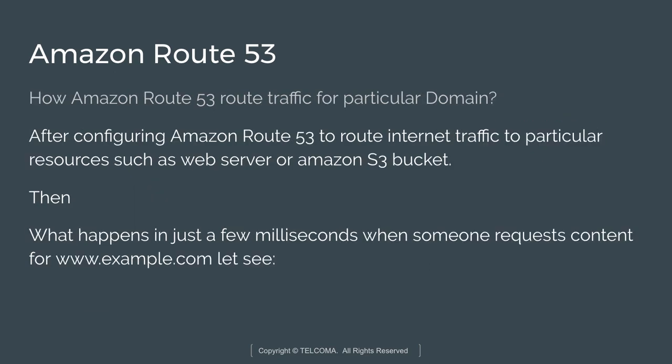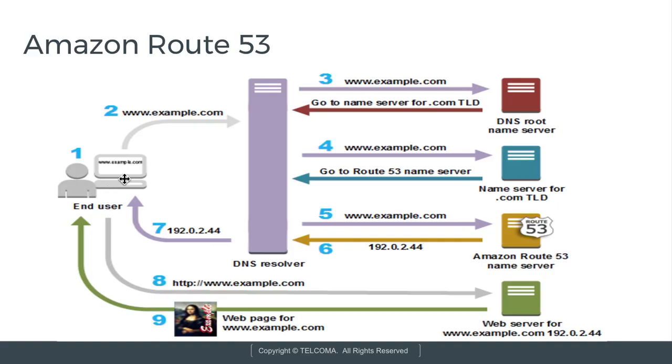So, how does it route traffic? After configuring Amazon Route 53 to route internet traffic to particular resources, what happens? Let's see. This is the end user. We start with the first step. A user opens a web browser, enters www.example.com in the address bar and presses enter. When the user presses enter, the request goes, as in step number 2,